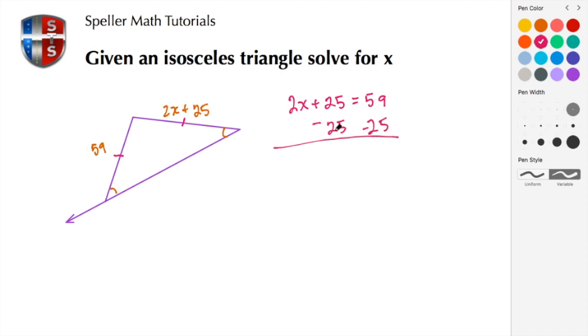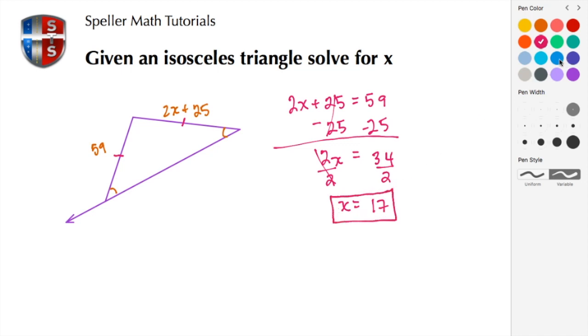In doing so, we eliminate 25 on the left-hand side. We just have 2x. On the right-hand side, we do a subtraction: 9 minus 5 to get 4, and then 5 minus 2 to get 3. And then we're going to divide both sides by 2. That's leaving us with an x. And then we have 34 divided by 2, or half of 34, which is 17. All right, so we found x to be 17.